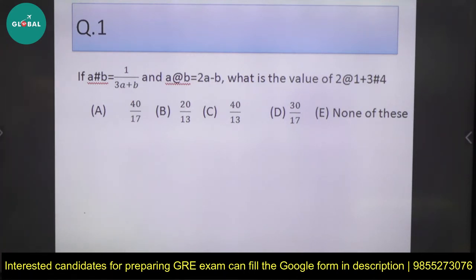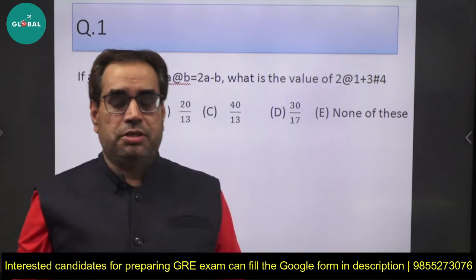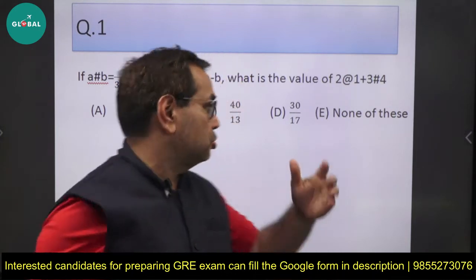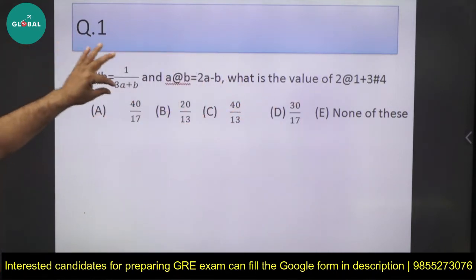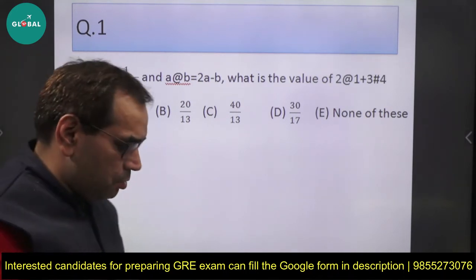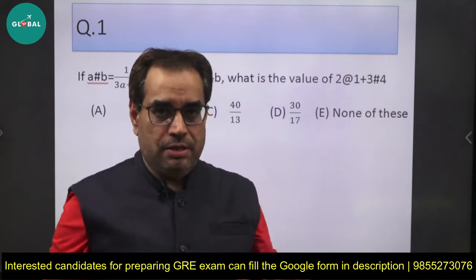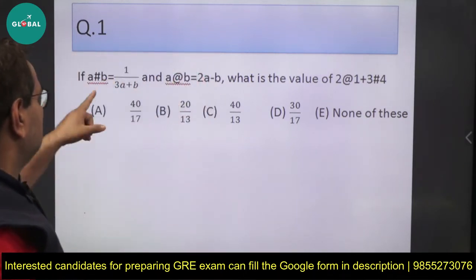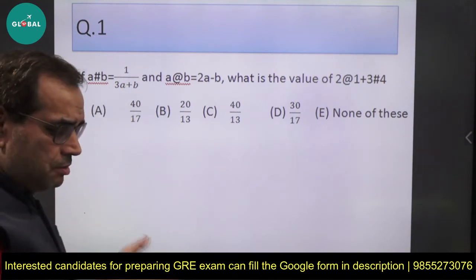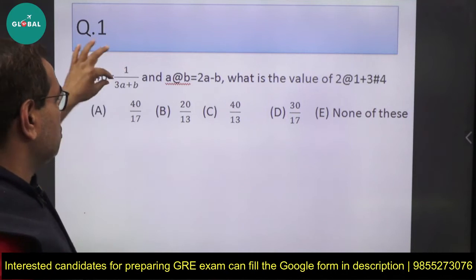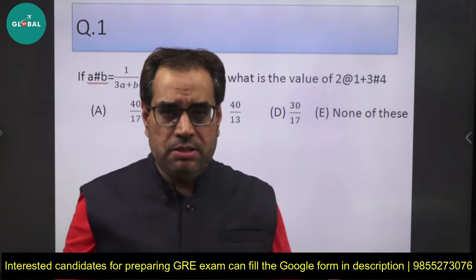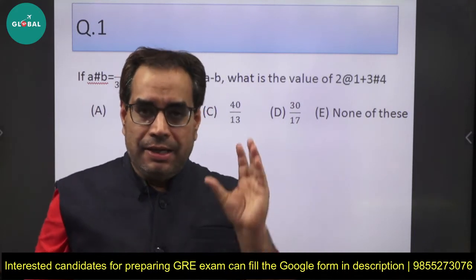Now I am going to explain the solution of this question. Remember, in the GRE exam there is a possibility that you may get such a question, in which they will define some operation like A has B. We don't have any operation called "has" in our daily life, but they have defined it. Now they are using a plus symbol here, so this plus is normal addition, and 3a is the normal product of 3 and a. So they have defined some new functions using some symbols, and then they want to